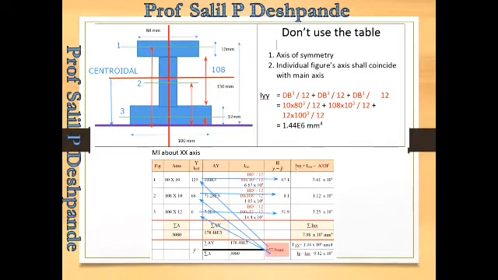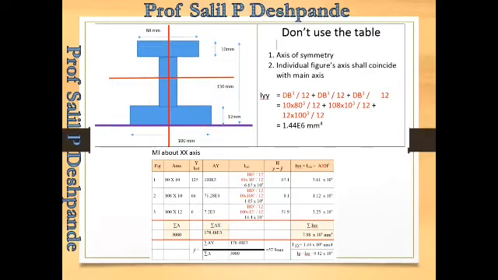And then what I have done, I have used the parallel axis theorem. Ixx is equal to ICG plus AH square. So ICG is my centroidal moment of inertia. A I have calculated here. So I have ICG, I have A, and I have H. So the only thing I have to do is put these values of ICG, area, and H in this particular formula. So you get this answer.